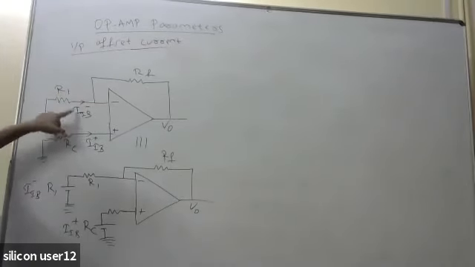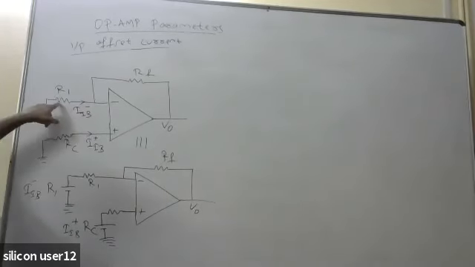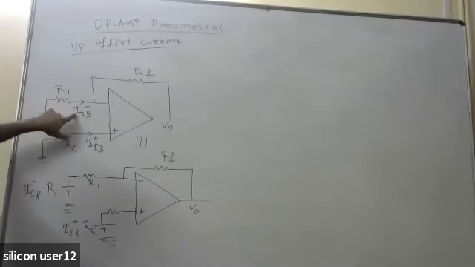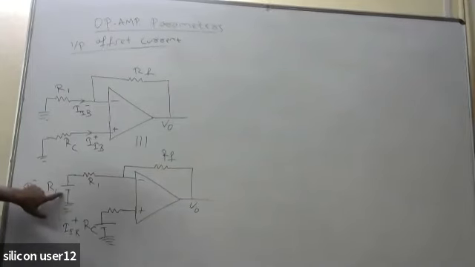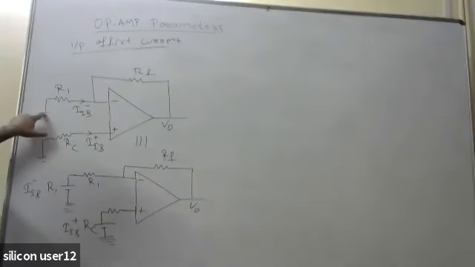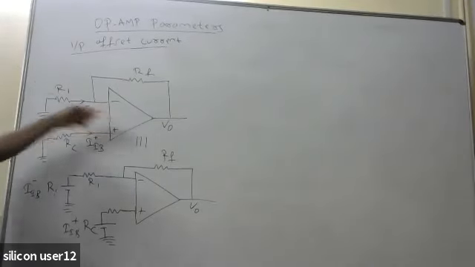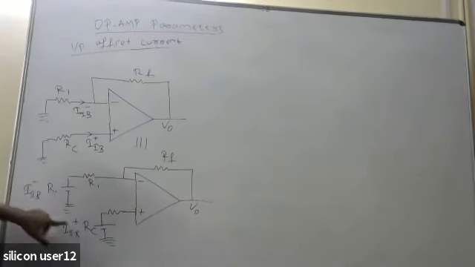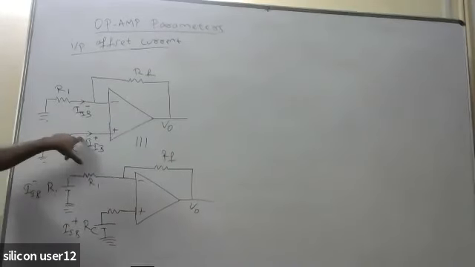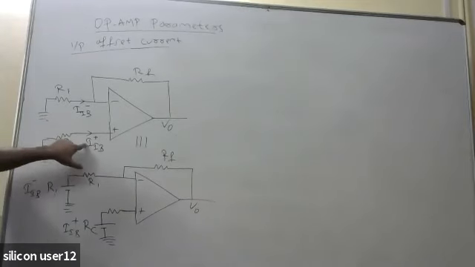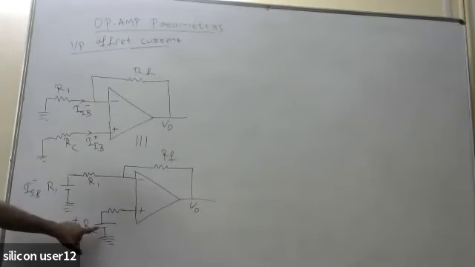If IIB minus current is flowing through the resistor R1, then the voltage here will be equal to this resistance into this current. That is represented by this voltage source. Though we have connected this terminal to ground, because of some problem in the device, this node is at a different potential, given by IIB minus into R1. Similarly, if this is RC and IIB plus current is flowing in this branch, the voltage is RC into this current, which is represented here.